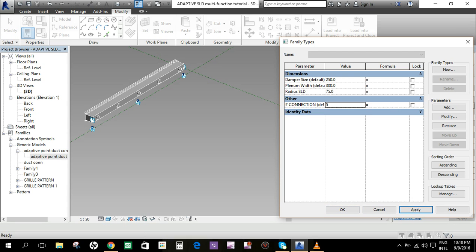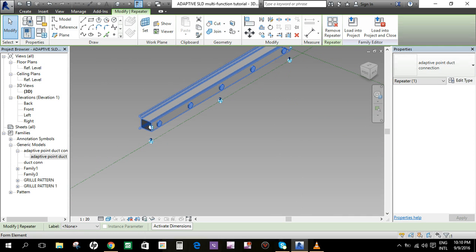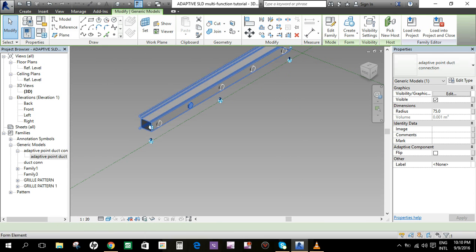And we will test also other parameters. Maybe this one, 150, the radius size. It's not functioning. That means we have some problems in the repeater. Remove the repeater.